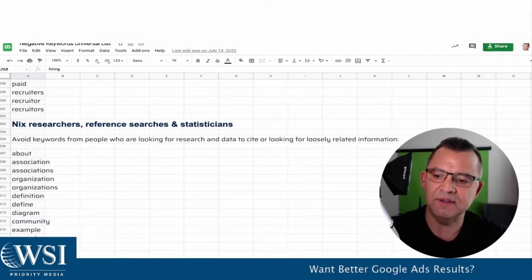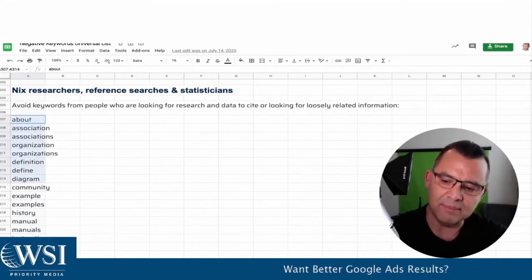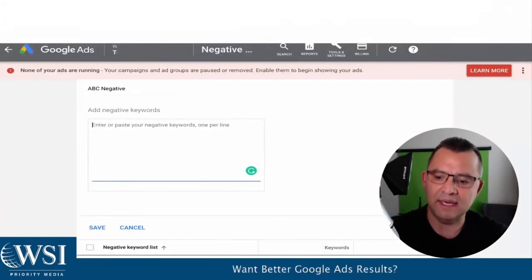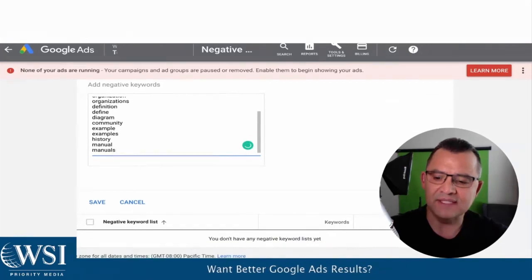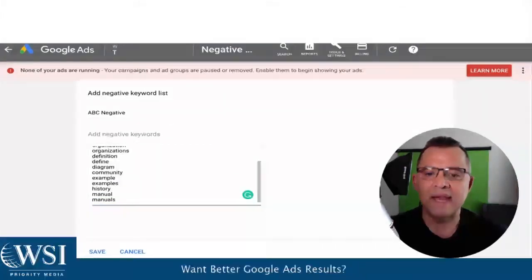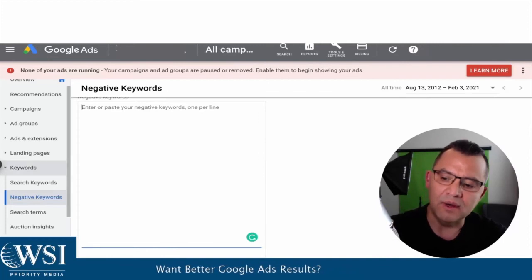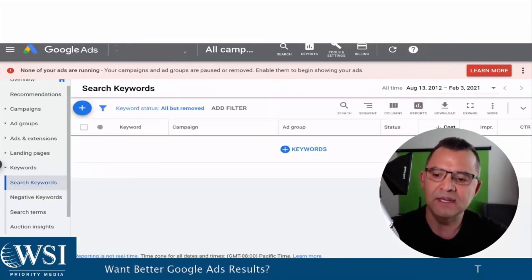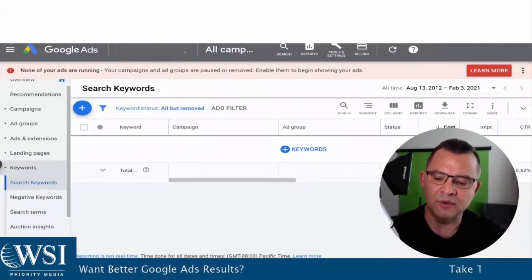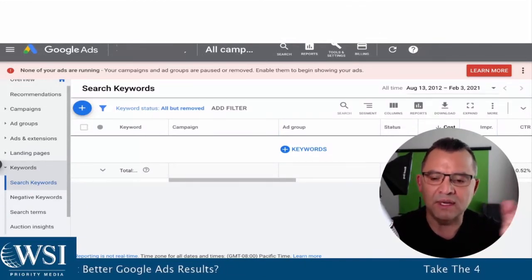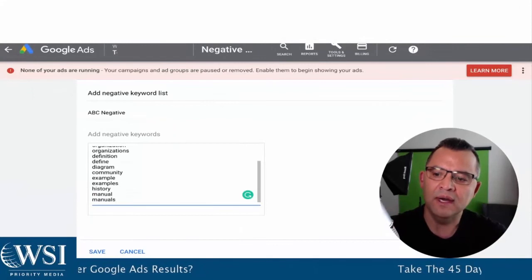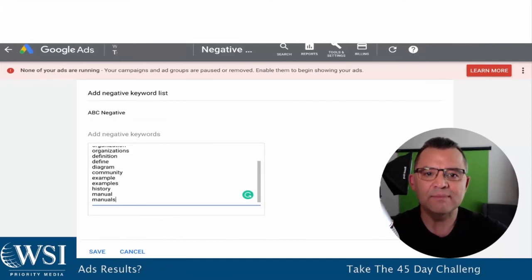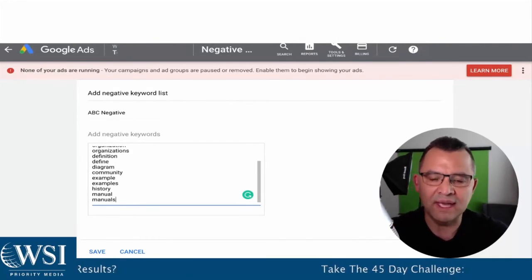And so what you'll do is, say, for example, I'm going to take this right here, and I can just copy the ones that I want. So I'll just copy this section here, and I come back to the account, and I just paste, and then I save, and then there are the negative keywords. Now, when you're managing the account, you want to make sure that you're coming into your search keywords and your search terms, and you're really keeping an eye on those, because as you're searching through your keywords, you're keeping an eye on them, you're bringing them over, and then you're adding them onto your account level keywords. And that is as simple as that. And so that's my overview on how to add negative keywords to all campaigns in Google Ads.